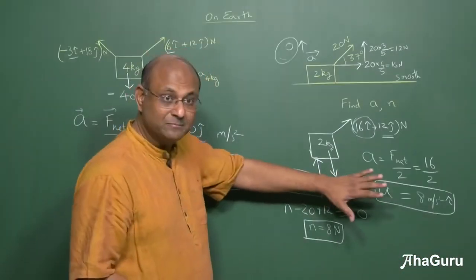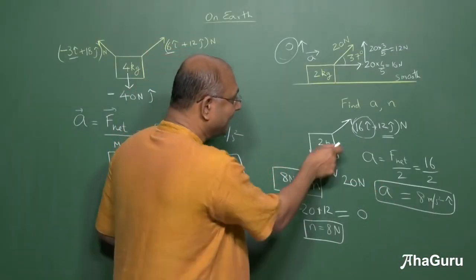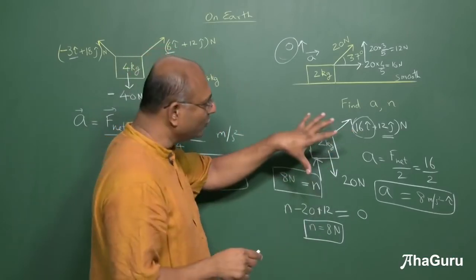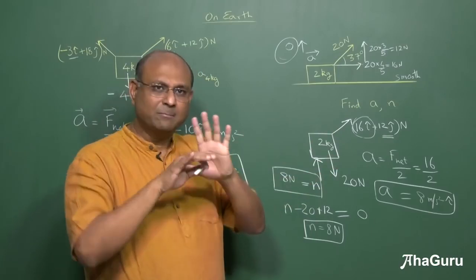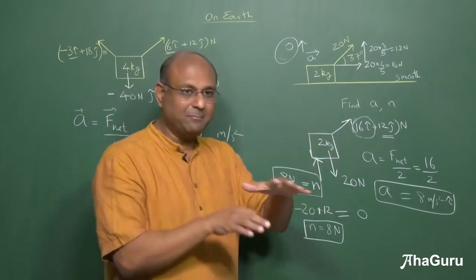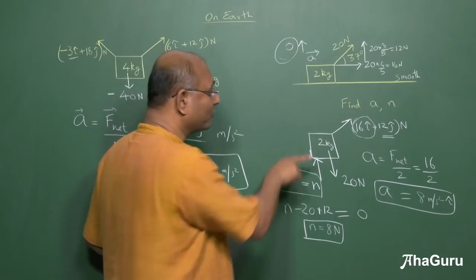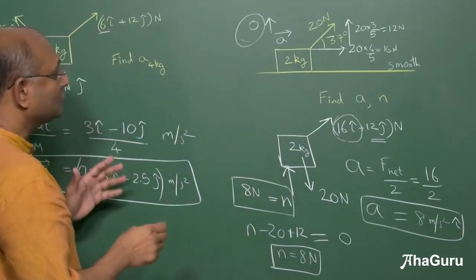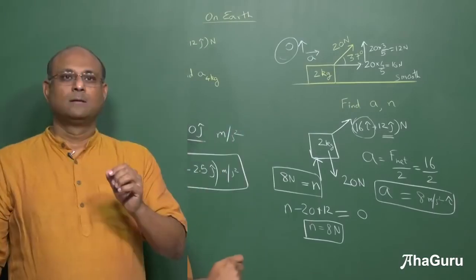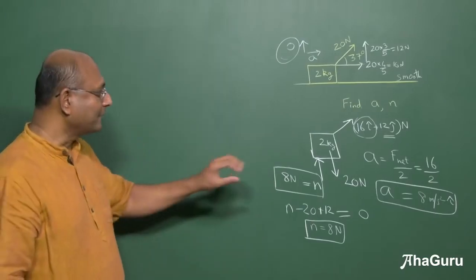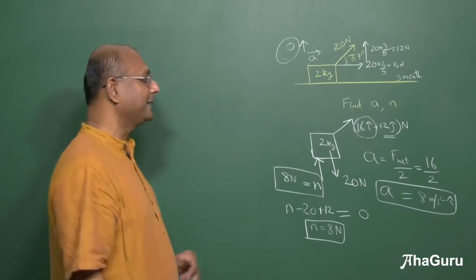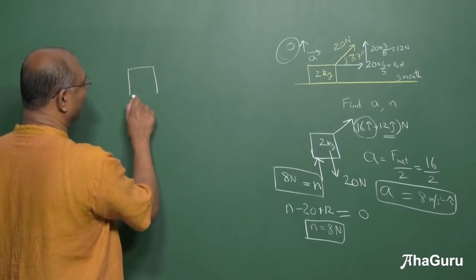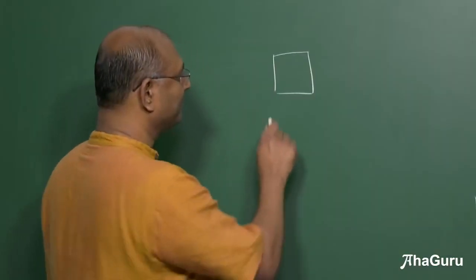So I hope that is clear. So now the key point is the acceleration is only in this direction. Now what I'm going to do is show you how we can do this a little bit better, without using I and J, but basically we will redraw the forces pointing in the horizontal and vertical directions. Okay, so let us start by doing that. I'm going to redo this question, the exact same thing, but I will show you a better way of doing it, which is the more normal way of doing this problem.